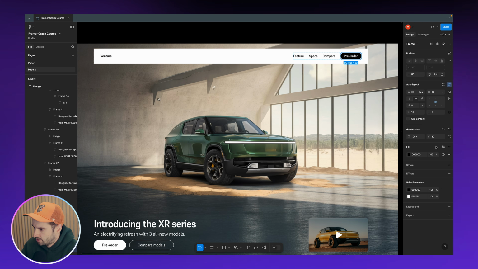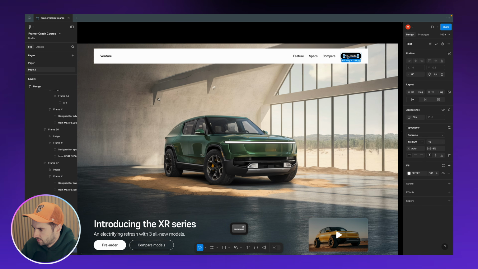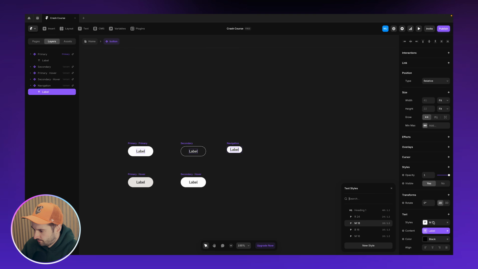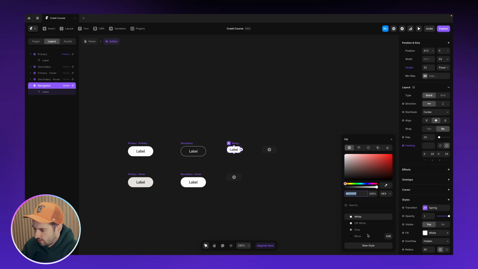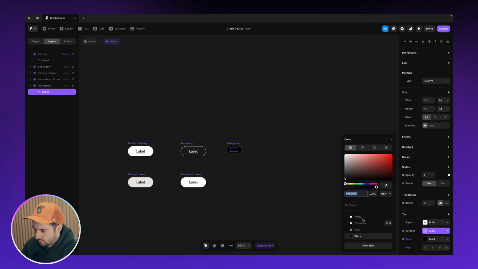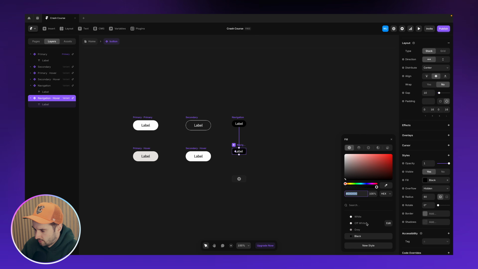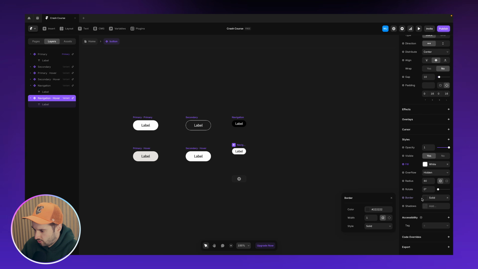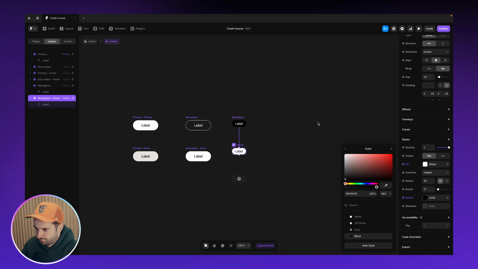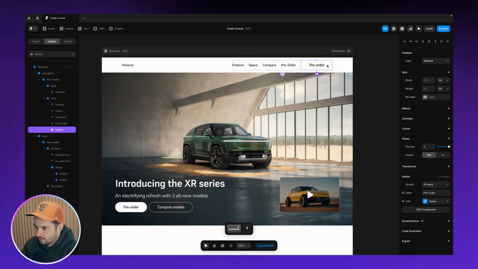So this is 32 and 16 on the outsides. And the text size is that 16 medium. Background is black. And we can make the fill here, we can kind of invert it. We can add a border. Okay, so now we can copy this pre-order button from here and paste it inside of here, and then change